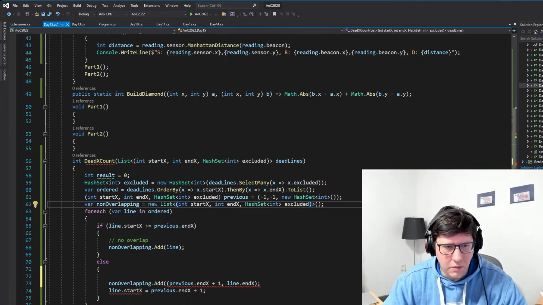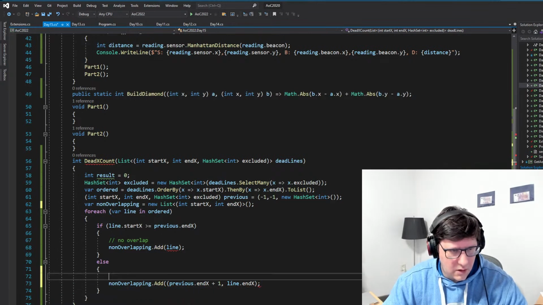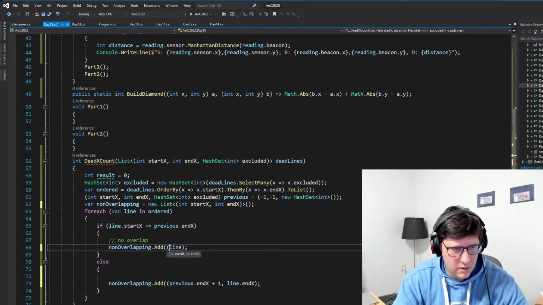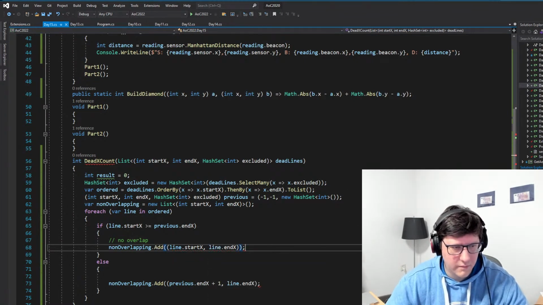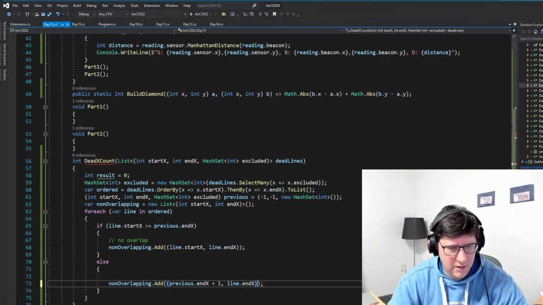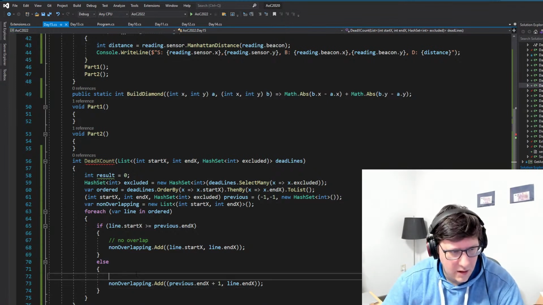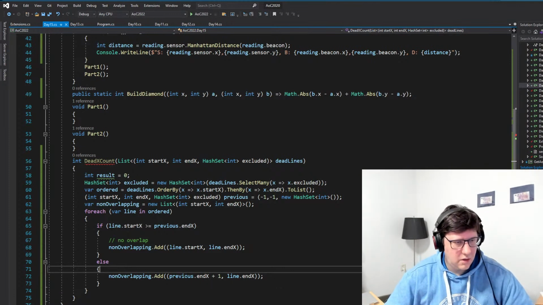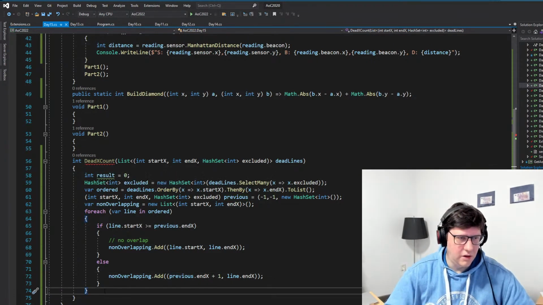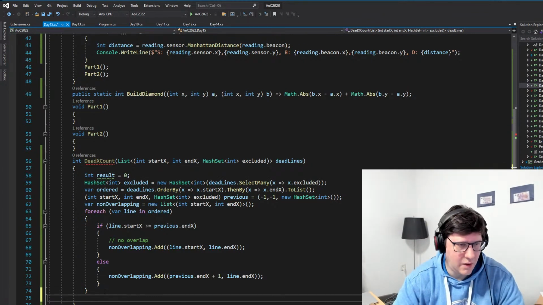Okay, so let me move this because this is not needed. I can just do this. So I can do line dot start, line dot end. This is fine. And otherwise we do it like this. Because afterwards we can still take out the overlap there. So this will give us a new set of non-overlapping, and they will all be connected. So now we can do